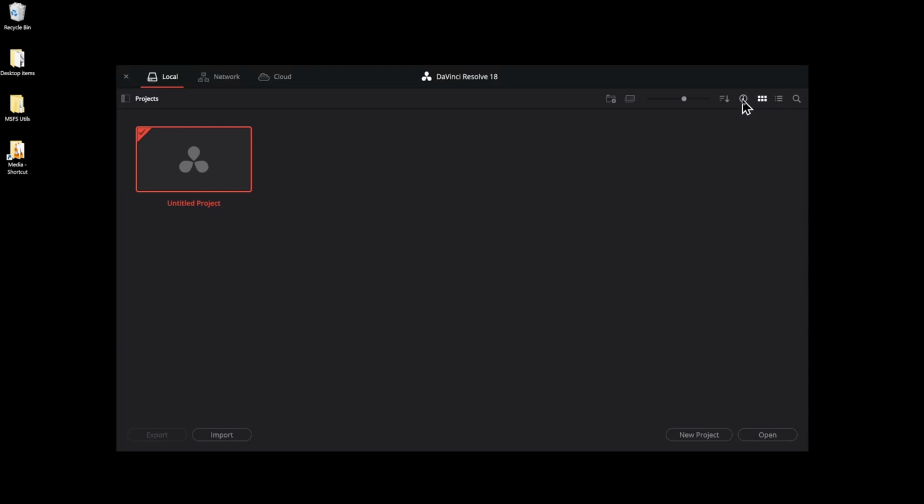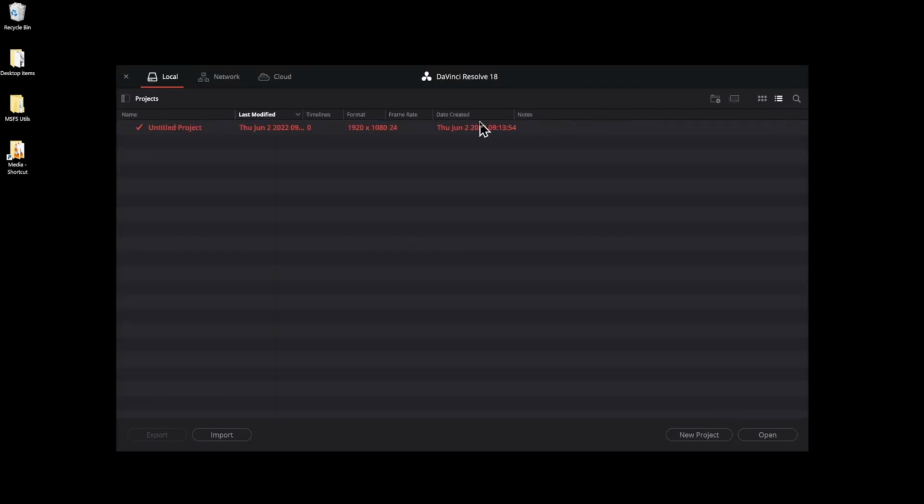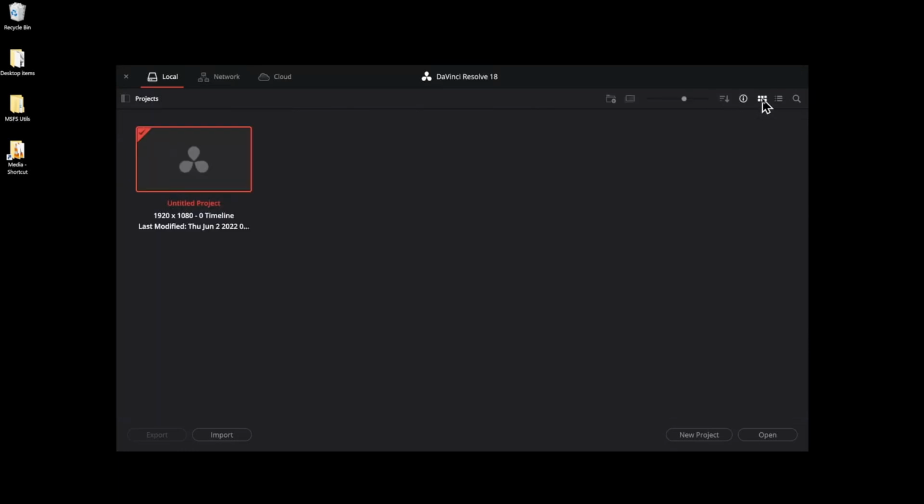This little eye icon will show information about the currently selected project settings, such as resolution, etc. Next to that is the thumbnail selector. We can display projects as either a thumbnail display like you see now, or we can click on the lines icon next to it and get a list display. The advantage of the list is that while we don't get a nice thumbnail of what's in the project, we can see a lot more projects at once, along with more information about each project. Notice that the Info Eye icon is gone, since this display shows us that data by default. Switching back to the thumbnail view restores the eye icon